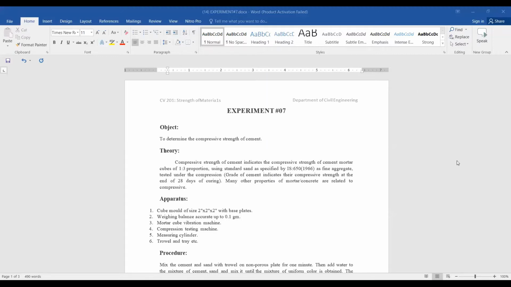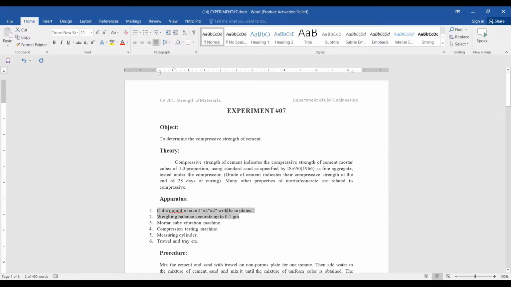Okay, students, what we are going to do here, this is experiment number 7, and I am going to discuss with you the practical from your lab manual. What you have to do is find out the compressive strength of cement. You already know what compressive strength is. I have already discussed it in my class lectures, and you can see over here there is a requirement of 1:3 proportion. I have already told you. So 1 is for cement and 3 is for the fine aggregate, and you have to do this testing for 7 days, 14 days, and 28 days.